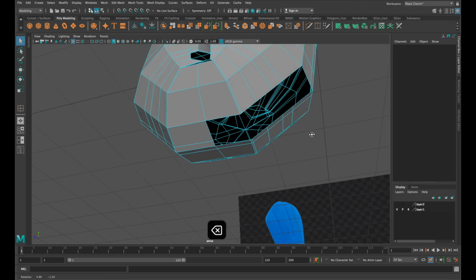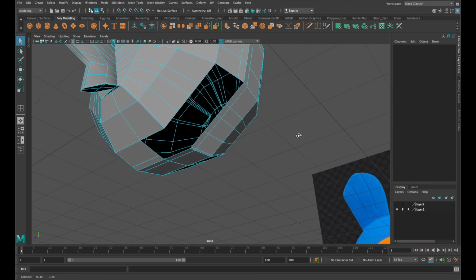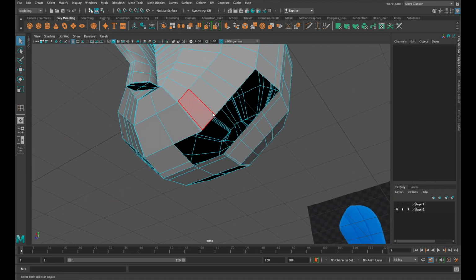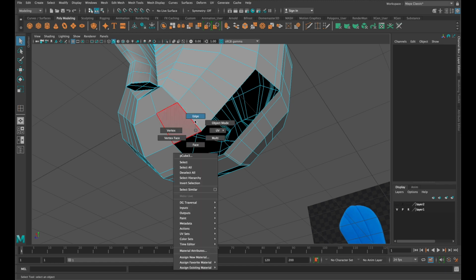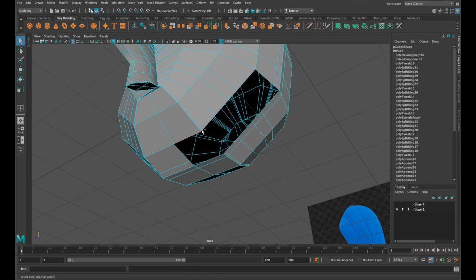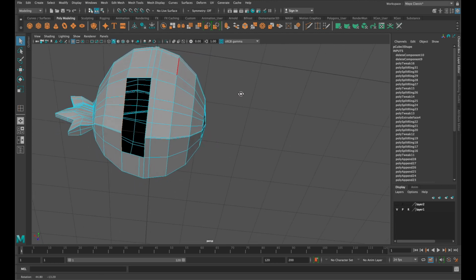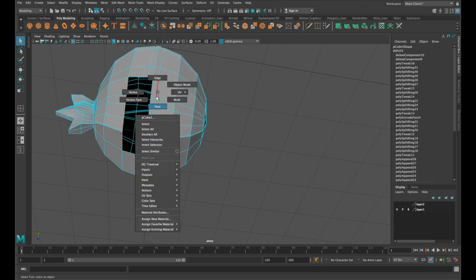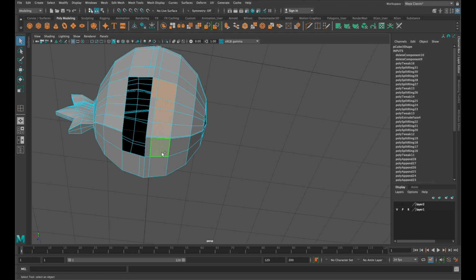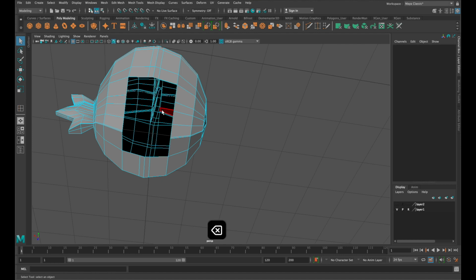So now that I have this whole portion, I can count how many edges I have to attach to the body. So I've got 1, 2, can't forget those little ones, 3, 4, 5, 6. Since I've been working symmetrically, it should be 6 on the other side. So that's 12, 13, 14, 15, 16. 16-sided hole. So I'll take these as well just to keep everything a little neater and symmetrical. So 16 sides